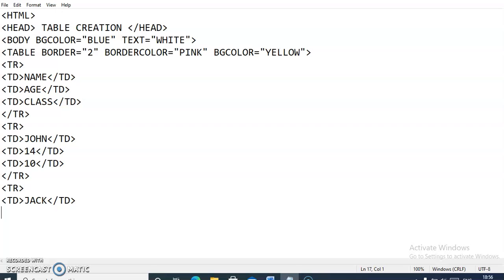td close, then td, then again age, so here I am giving the age 15. Then a new td, and here I am giving the class 11, and again td close. Now I want to put only 3 rows in my table. First is the header row and the second 2 are the data rows. Then I have to close the third tr here, and after that I have to close the table tag,